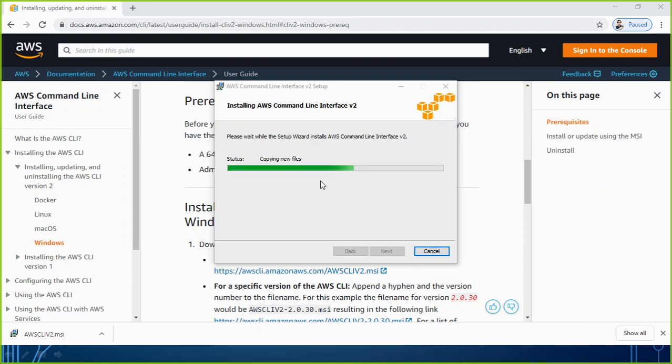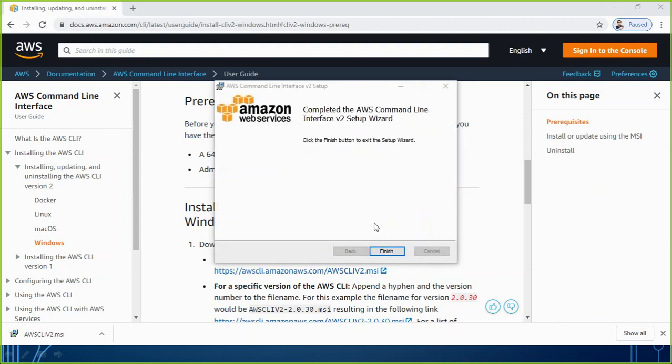Here it is copying the files and performing the installation of AWS command line interface version 2. Once it is installed, you see here it is giving me the final message to click on finish.